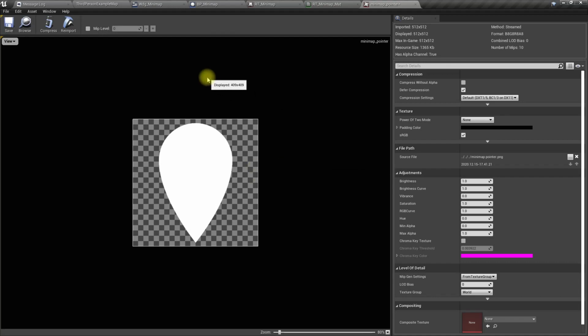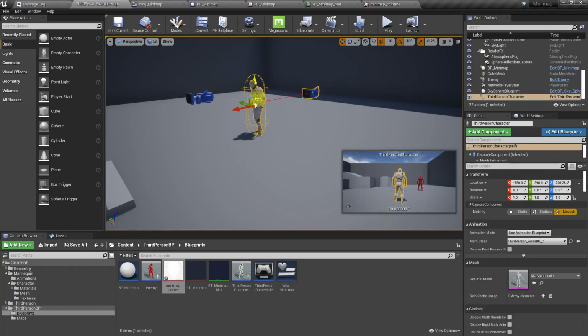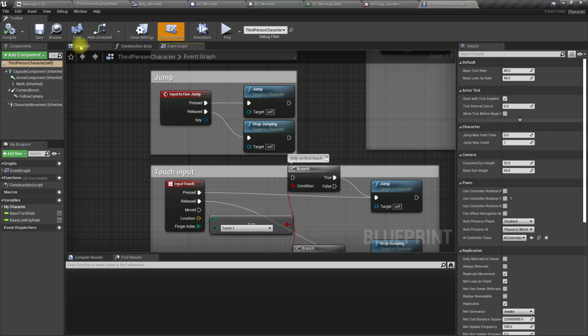So now actually we can render this on top of the character and hide it so that I will not see that from the main camera, but it will be still visible from the other camera. But that approach will not work for other enemy characters. So let me show you. Let me open the third person character blueprint